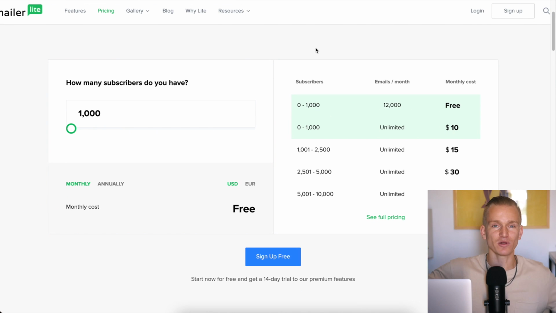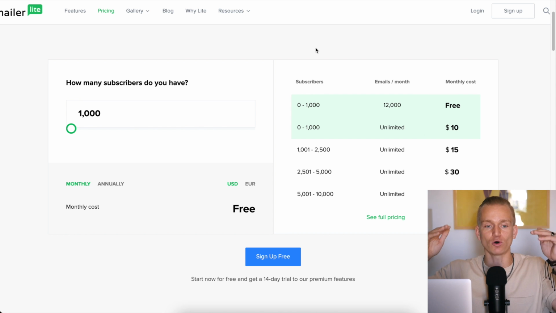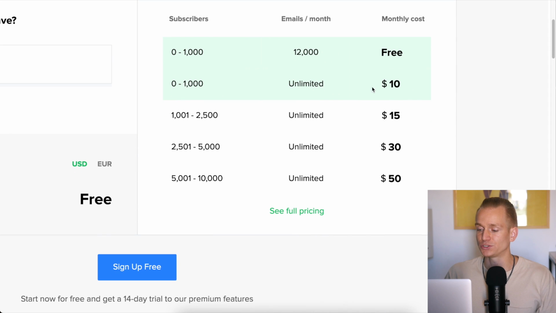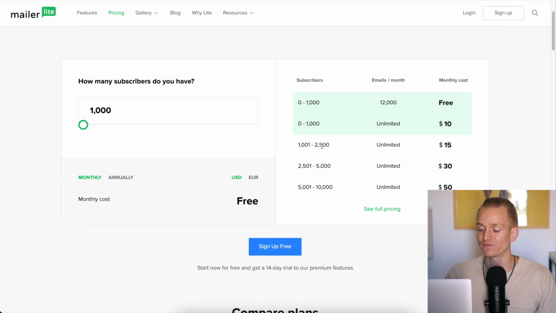I will say that some people have trouble when signing up with MailerLite because they do make sure that they don't get any spammers signing up. So just have your website all sorted out, have proper pages and all of that, and you shouldn't really have a problem. But after that, as you can see, if you want to get more emails, then it's going to be $10 for 1,000 subscribers, up to 2,500 subscribers, $15, up to 5,000 subscribers, $30, so on and so forth.